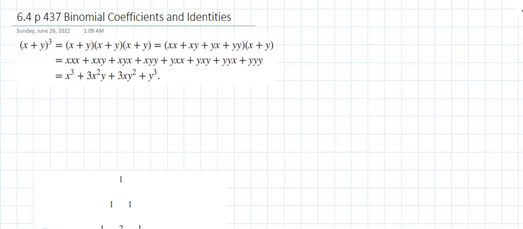Section 6.4 is on page 437. It talks about binomial coefficients and identities. We're interested in this coefficient for later chapters. So if I take (x + y) cubed, if you multiply those, FOIL the first two, distribute into the third,